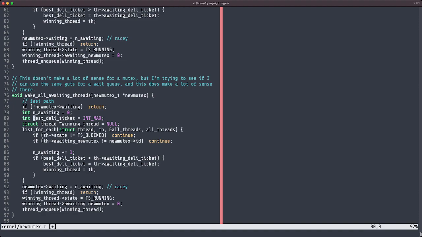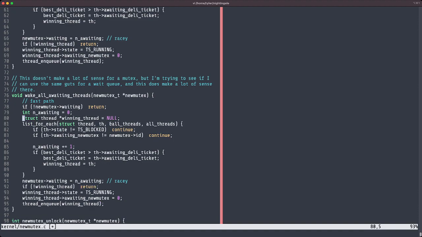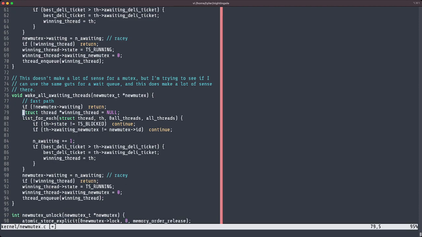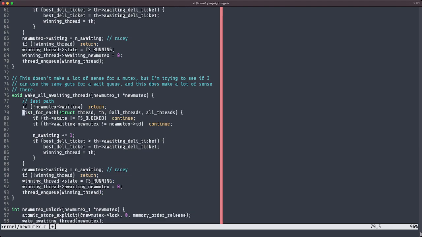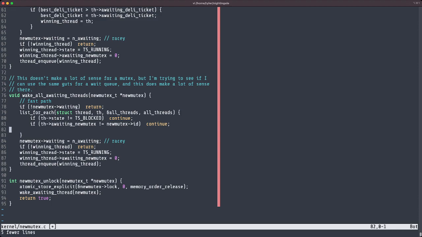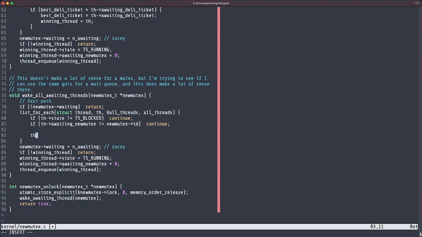If no waiting, there is no deli ticket stuff, and awaiting will always become 0. There is no winning thread. Instead of saying n-awaiting plus equals 1, we say th to state is running, ts running,